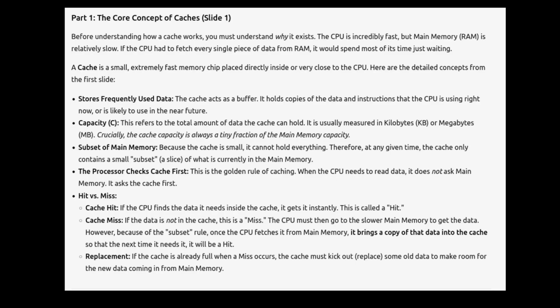So in the cache, the main things you have to understand are that it stores the most frequently used data, it is a subset of the main memory, and the processor first checks the cache. The capacity C is the amount of data it can hold. Then we talk about what happens on a cache hit and a cache miss. Whenever a cache miss happens, the data we took from the main memory, a copy of that data you have to place it